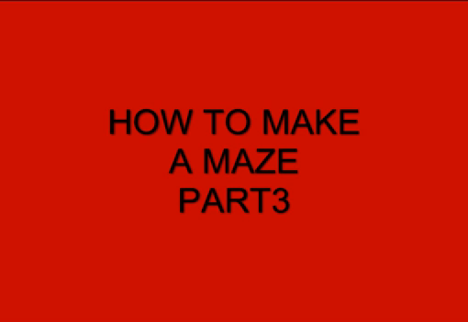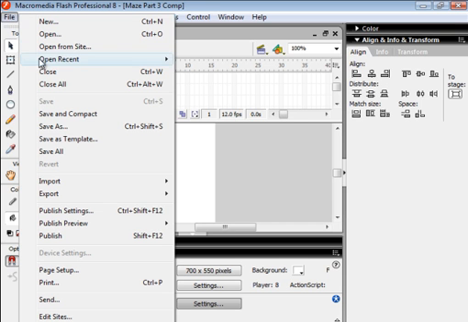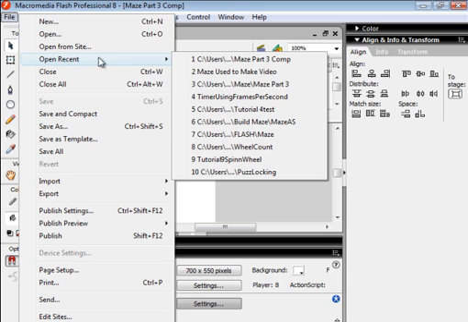Welcome to my tutorial 13B. It's titled How to Make a Maze Part 3. It's a follow-up to 13 and 13A. We're going to start by opening the previous Flash file,